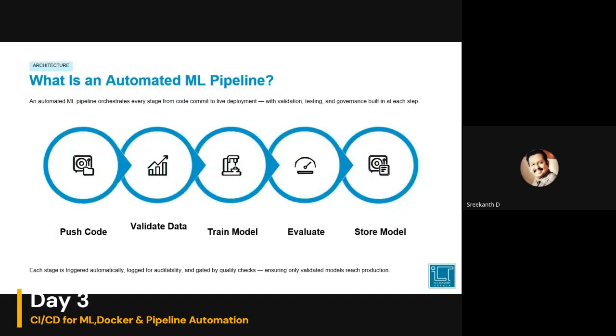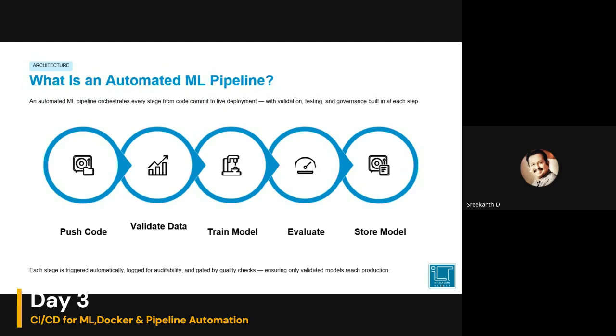So let us think about an automated ML pipeline here. An automated ML pipeline orchestrates everything: push code, validate your data, train, evaluate, store the model, and go for deployment as well. The primary aim at this point is that we are not talking about developing a model, but how we can maintain that machine learning model by assuring its continuous